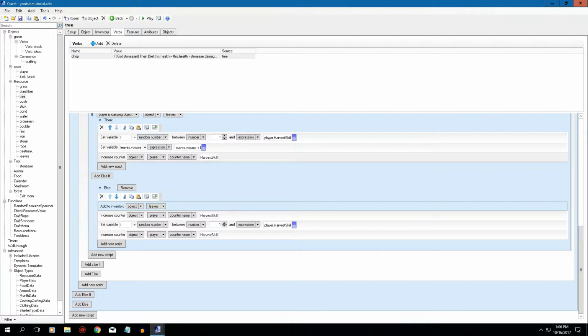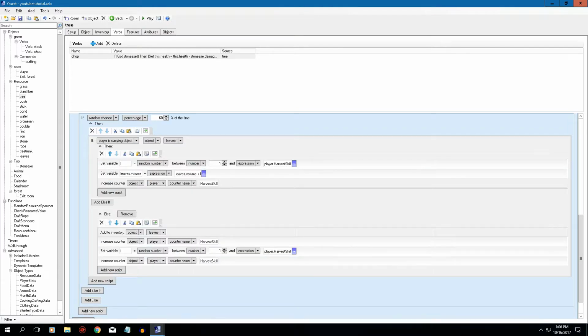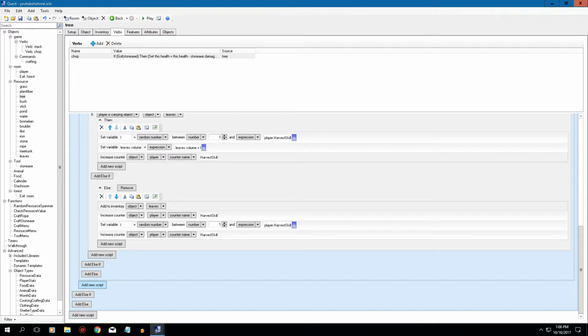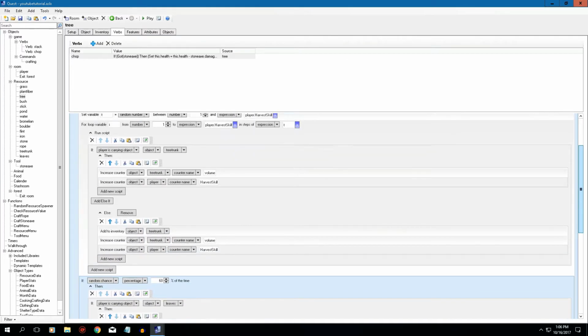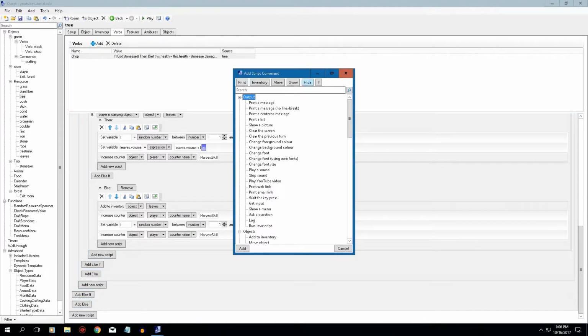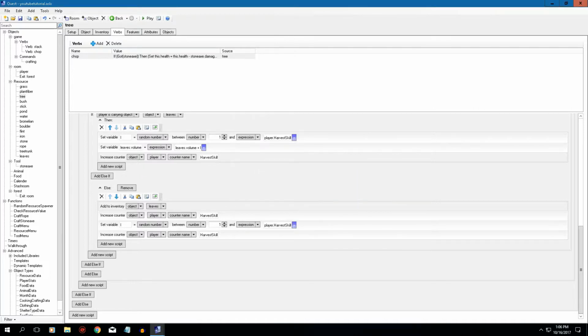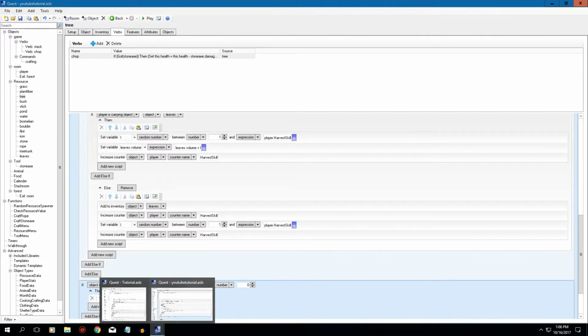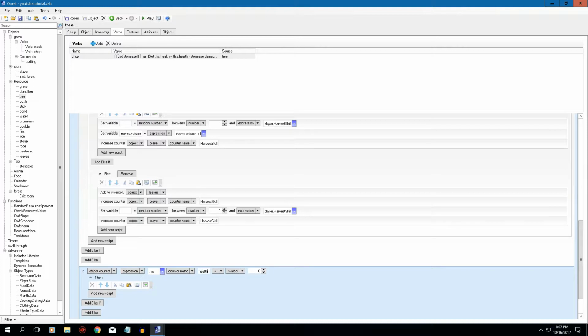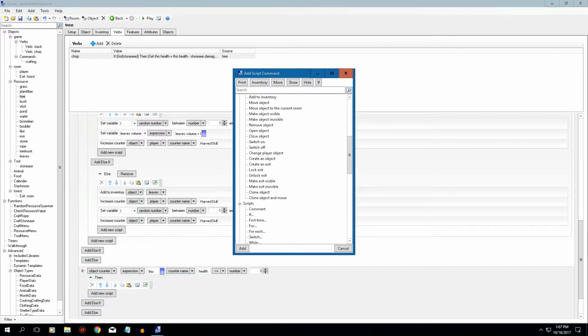And where are we adding this at? We need to come all the way down, and we need to add another add new script right under the if chance. We need to come under that one. Or no, I'm sorry, that ain't if chance. We need to come under the main one. So there we go. And we're going to ask if object counter. So object counter is going to be an expression, and it's going to say this. And get out of there. It's going to say health is equal or less than 0,